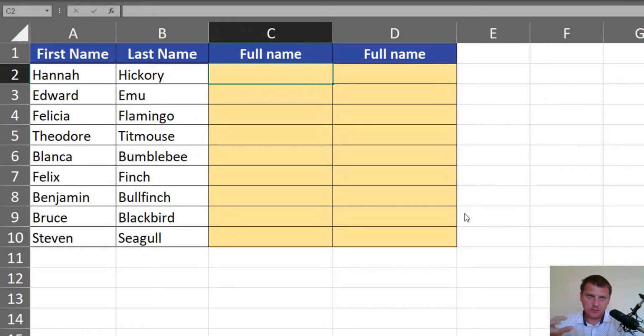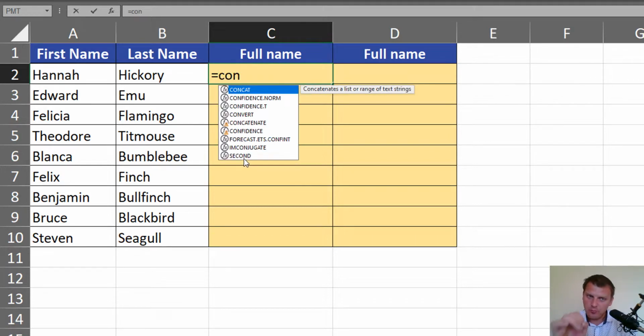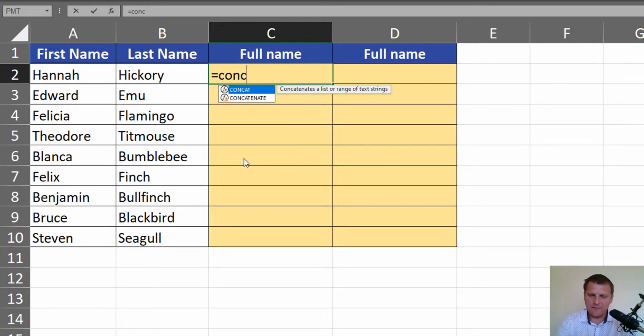Today we're going to combine, concatenate, two or more texts together. We are going to start by creating a full name, a simple example with two texts to combine. We can use the CONCATENATE function, or if you have Excel 2019 or newer, you can use just the CONCAT function that can combine text ranges. The CONCATENATE function cannot combine ranges, just single cells, single text, but in our example it doesn't